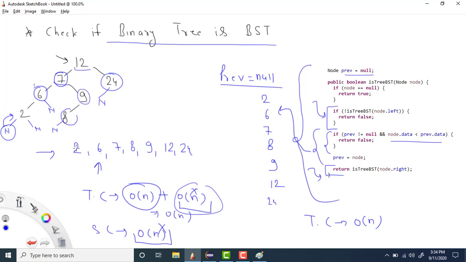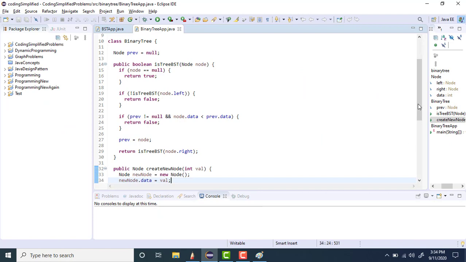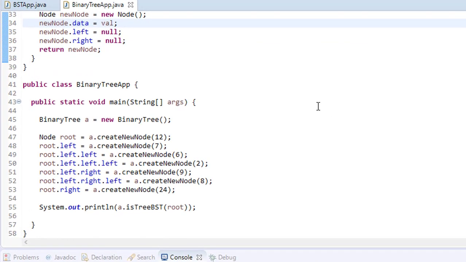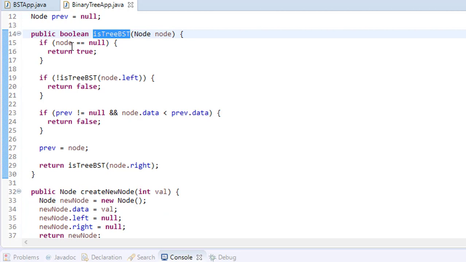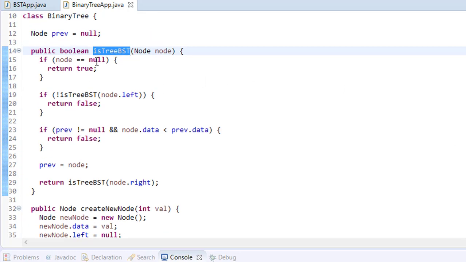Now let me show you the code as well, though it is exactly the same as what I mentioned here, but let me show you how we will pass the values in. So this is how I have created my binary tree, and I'm calling the function isTreeBST by passing the root node. Here I'm doing exactly the same thing: I have previous equals null, then I'm checking if node equals null, then return true, and if isTreeBST of node's left is false, then return false.